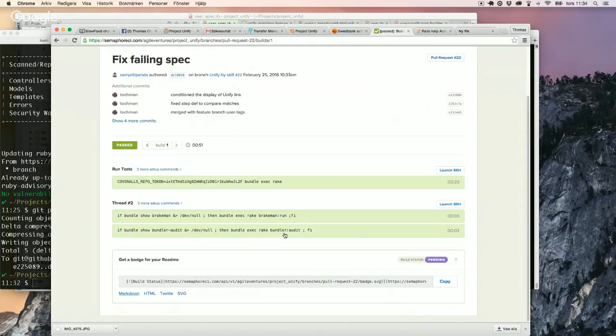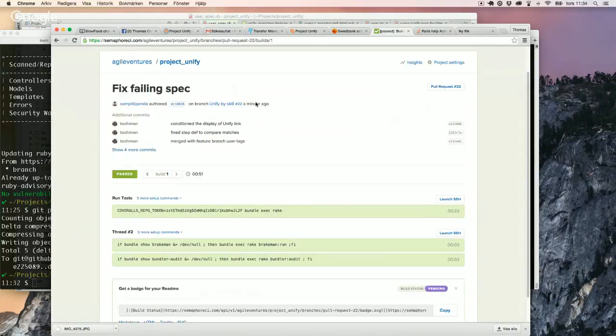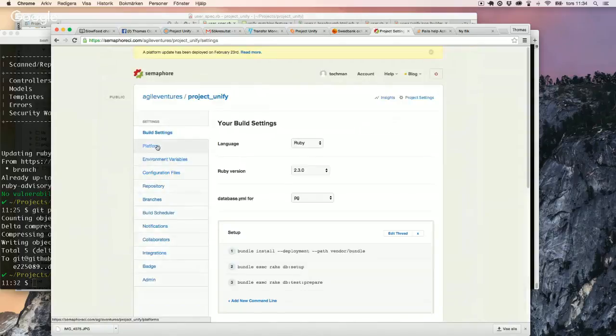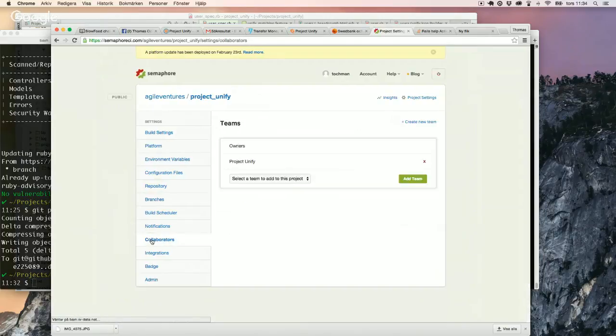Yeah, I will try that out. I don't have access to Semaphore, so. Oh, so let me just fix that for you then. So that's in project settings, collaborators, or is it collaborators? Here we are, and select the team, admins, and add team, and let's have a